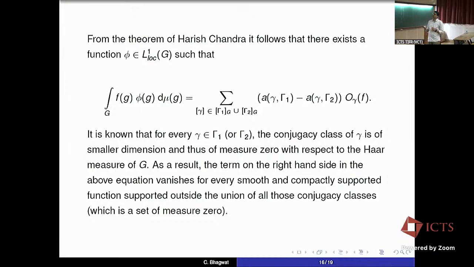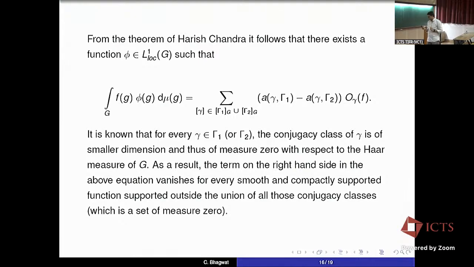So you are going to take those finitely many elements in S. All of them will give functions, and you take the sum with the multiplicity factors, and there's going to be some function phi for which this is going to be true, and then that will tell you how to choose these functions so that the right hand side vanishes. So I described here. So you take any smooth and compactly supported function supported outside the union of these conjugacy classes,